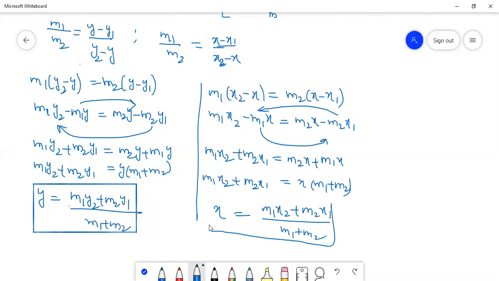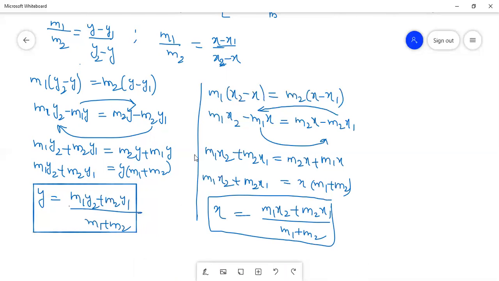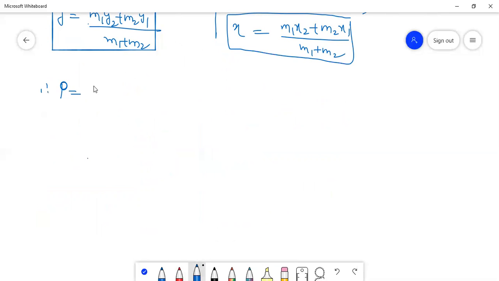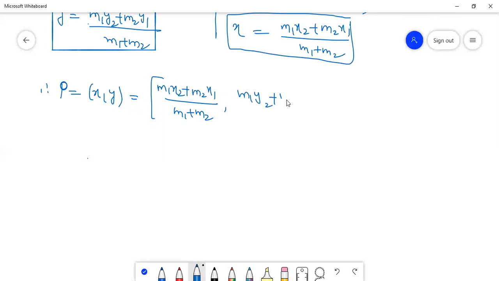This is the x coordinate value. Therefore, P point is x comma y equals m1 x2 plus m2 x1 by m1 plus m2 comma m1 y2 plus m2 y1 by m1 plus m2,